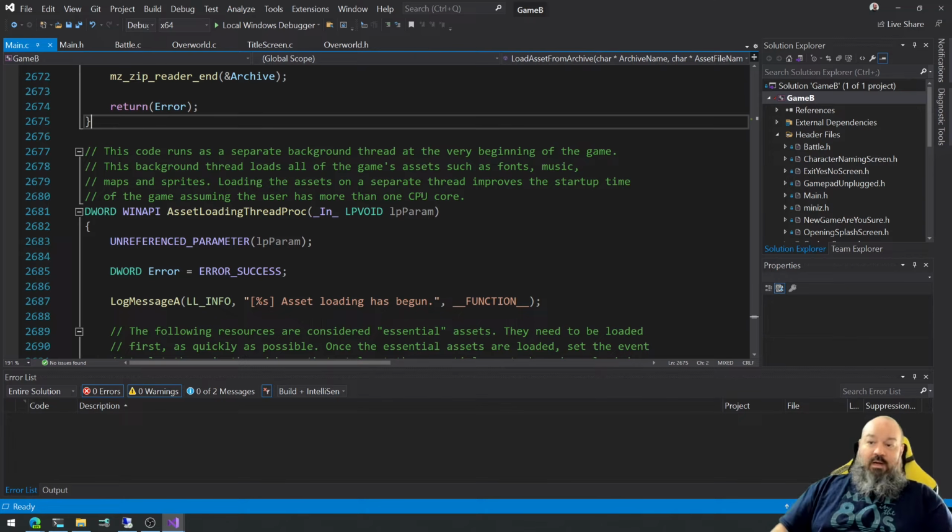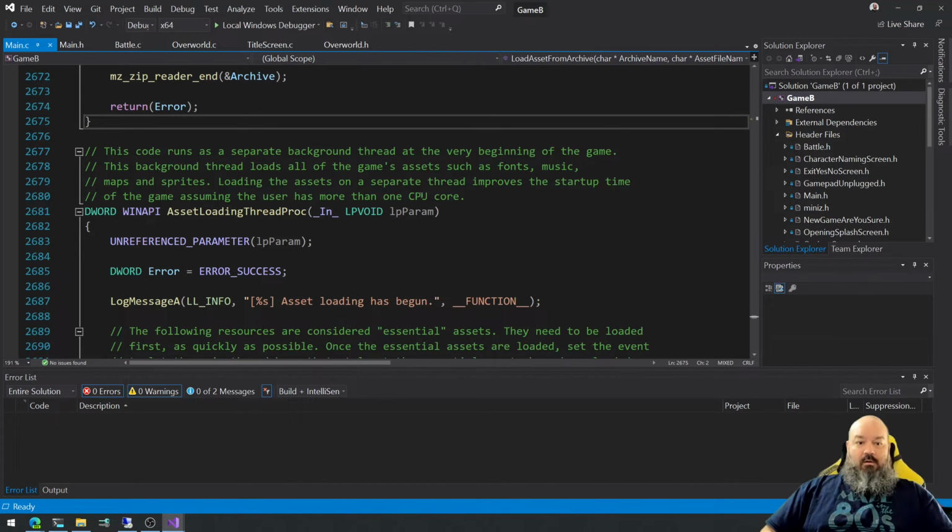So we're going to have to come up with some way. We're either going to have to keep all of the data here in this project in GameB.exe, and in the GameCode.dll we'll have just code and no data, no globals or any of that kind of stuff, or we're going to have to come up with some way of persisting all of the data across DLL reloads. And so that might involve